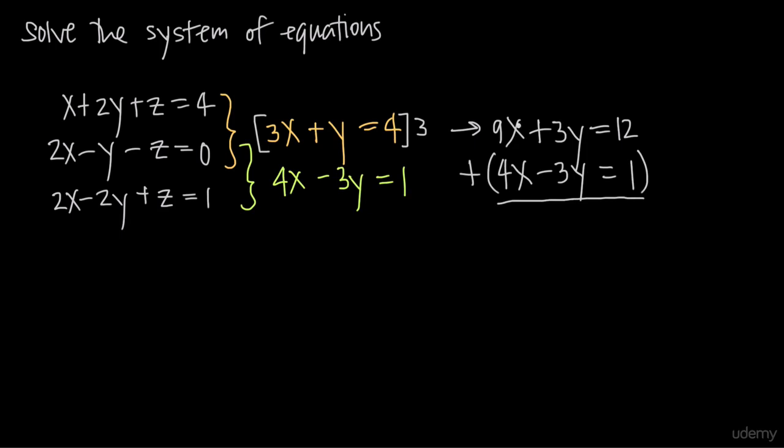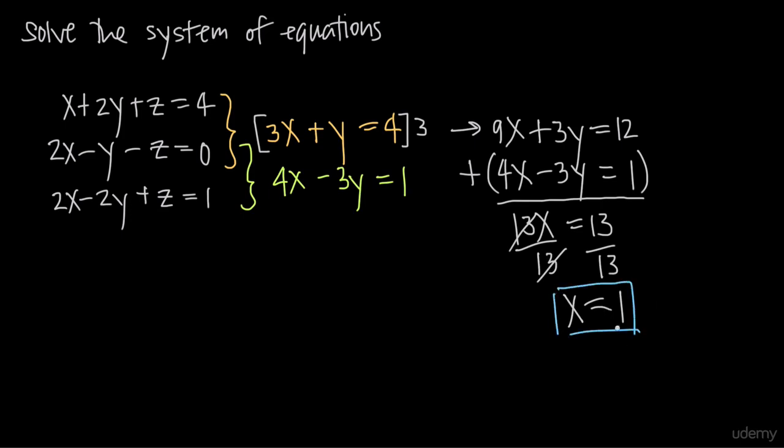like so, we'll get 9x plus 4x is 13x, 3y plus a negative 3y, or 3y minus 3y, gives us 0, those cancel, and then 12 plus 1 gives us 13, so we have 13x is equal to 13. Dividing both sides by 13 gets 13 to cancel on the left-hand side, leaving us with just x is equal to 1. So now we have this value here for x, and we want to use it to find a